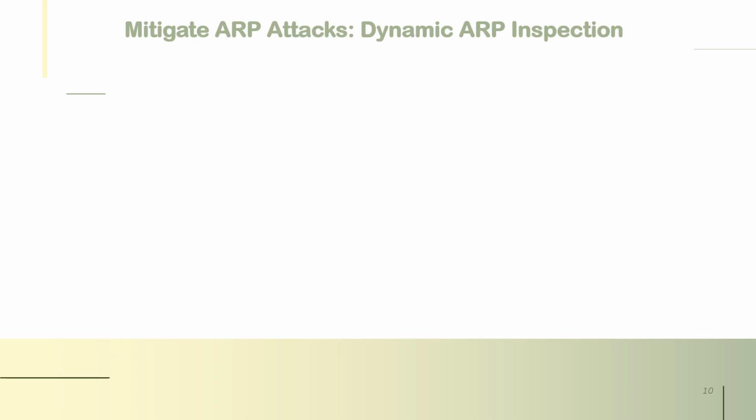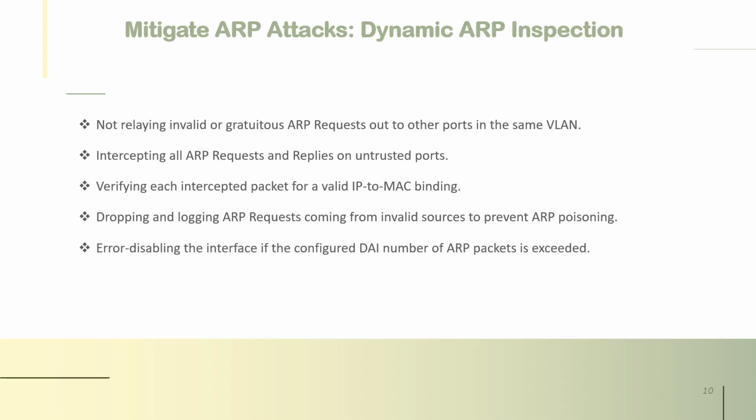To prevent ARP spoofing and the resulting ARP poisoning, a switch must ensure that only valid ARP requests and replies are relayed. Dynamic ARP inspection requires DHCP snooping and helps prevent ARP attacks by not relaying invalid or gratuitous ARP requests out to the other ports in the same VLAN,